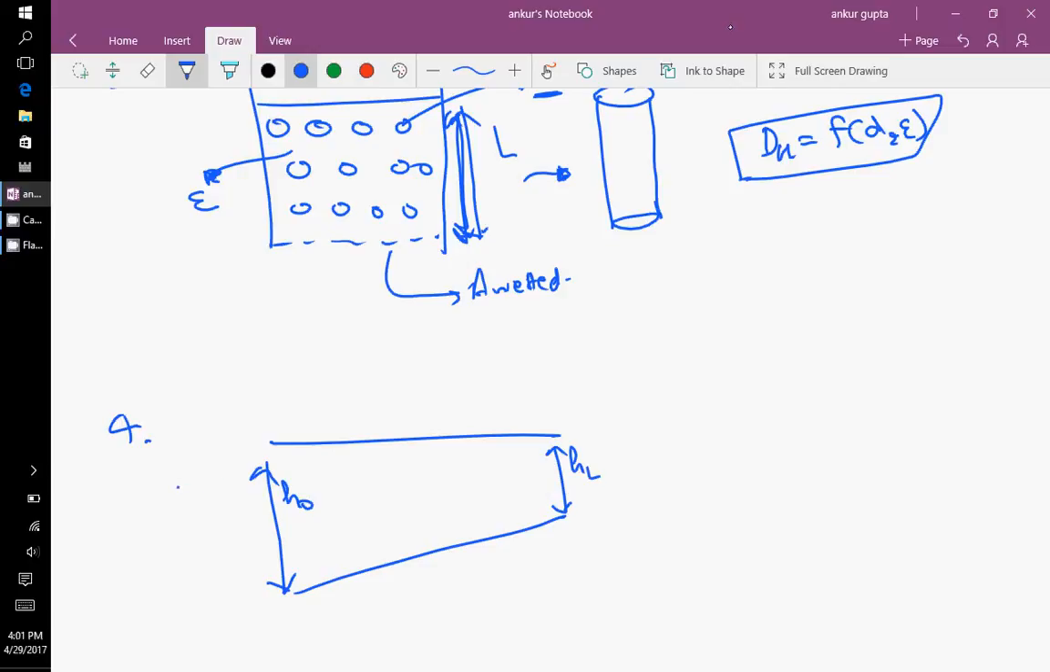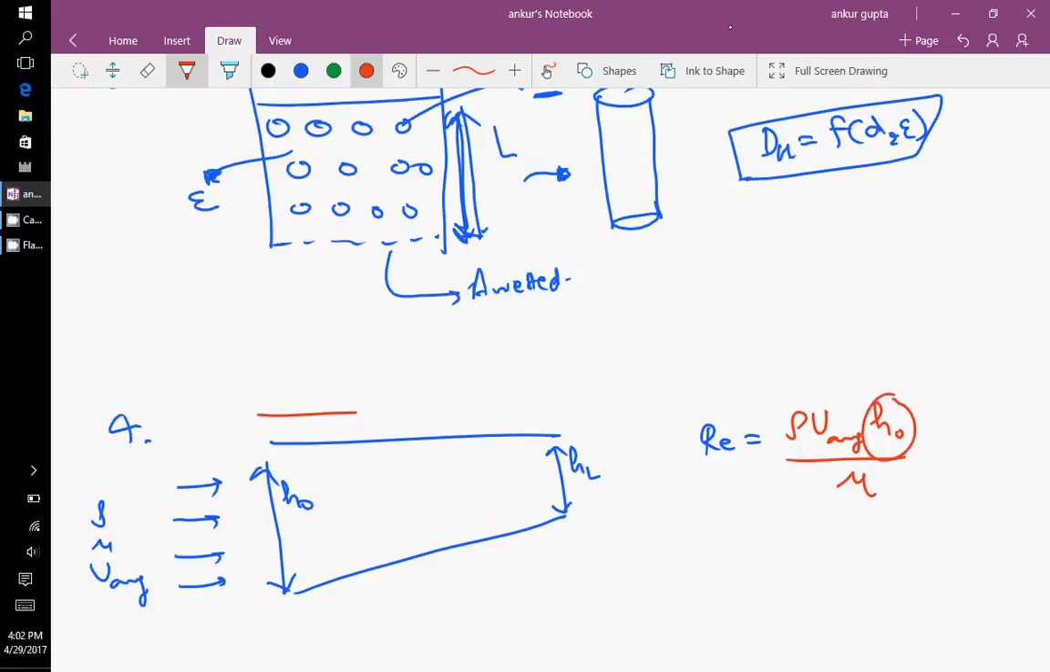And we have u average, rho, mu, u average. What will be the Reynolds number here? So one way you can define Reynolds number is rho u average h naught by mu, right? Or you can also define using hl by mu. Both are fine, but the important point is that it should be h and not length, because again the stresses